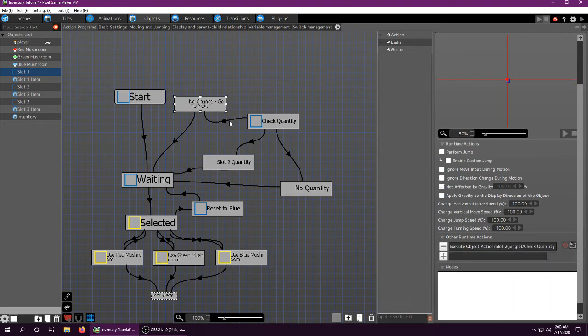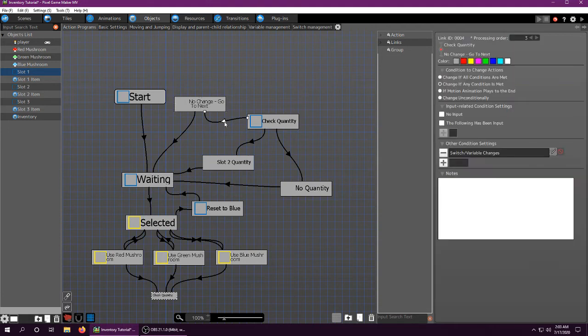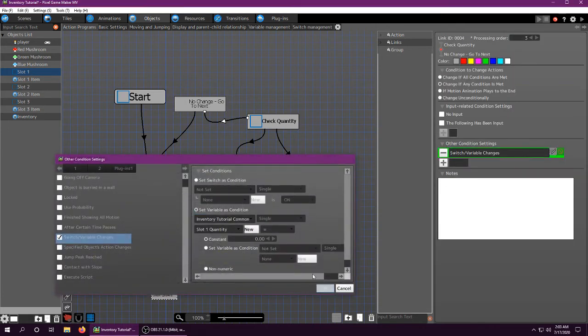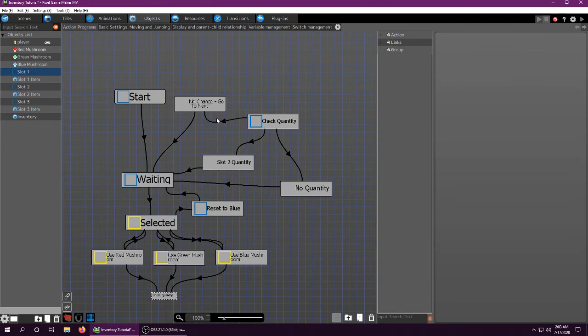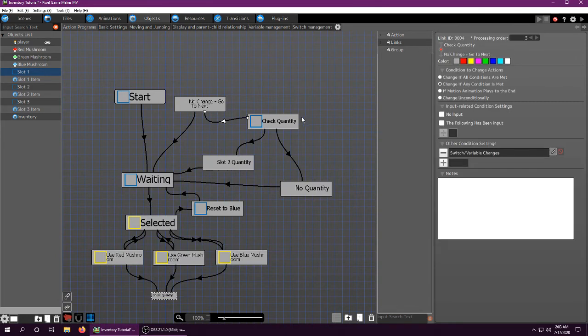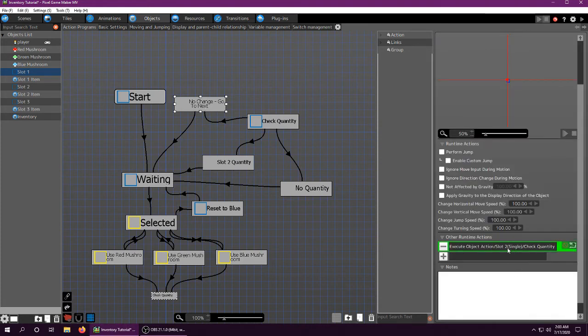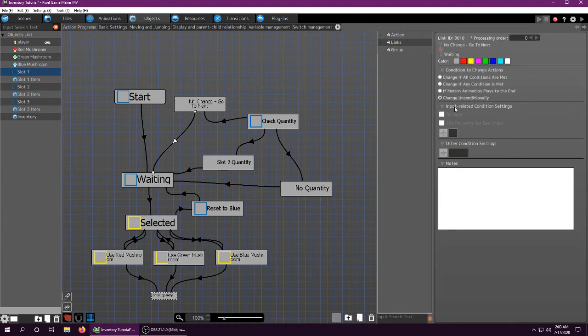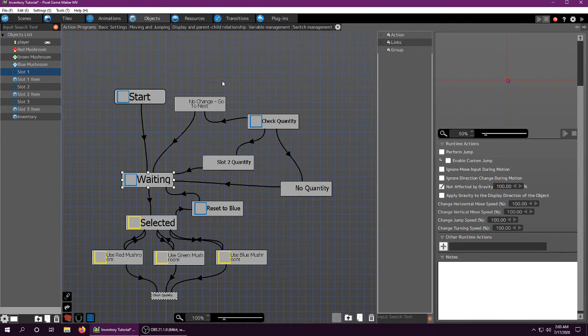And if you still have something in slot 1, which there's a reason this is here, because you can call check quantity through the inventory management thing. So this doesn't matter yet, because you're probably wondering like, well, okay, the only way to call this is by using the item, so there has to be nothing there. There is another way to call this, it's just not in here. So if there's no change, we still want to check if slot 2 should become slot 3. So we're going to just put this, and then unconditionally goes back to waiting. And that's this entire